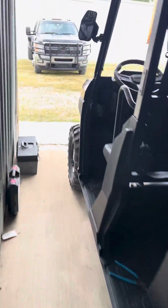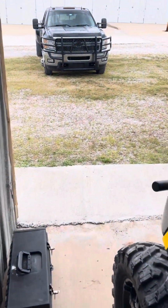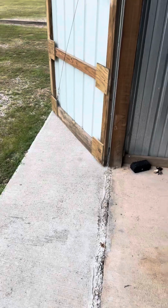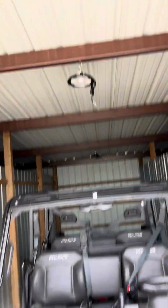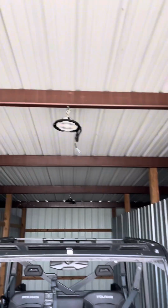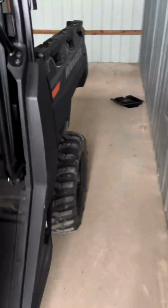So I've had to move, it's about to rain here. I'm working at my storage unit out here, so I've had to move it inside. Unfortunately, the lights aren't hooked up yet, so it's a little dark now. I can still see mostly well enough, but I've